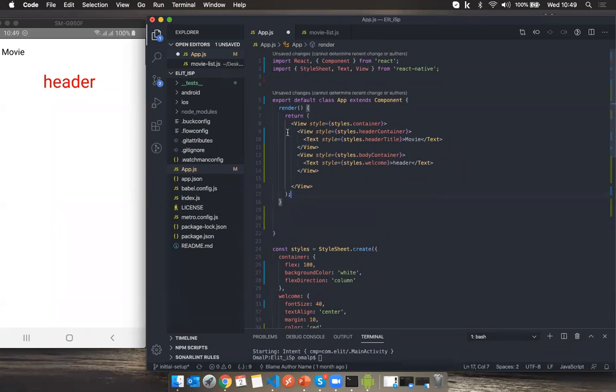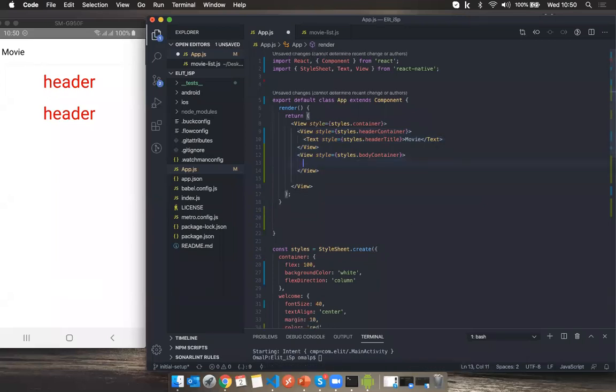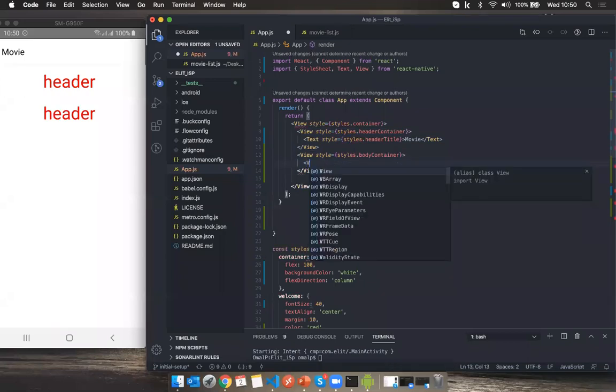So this is the code for header, and this is for body. So if you are going to put anything inside this body, we should put it inside this view. So if I go and paste something similar, okay, we're going to erase both of them and add a new list item. To that, let me add another view,